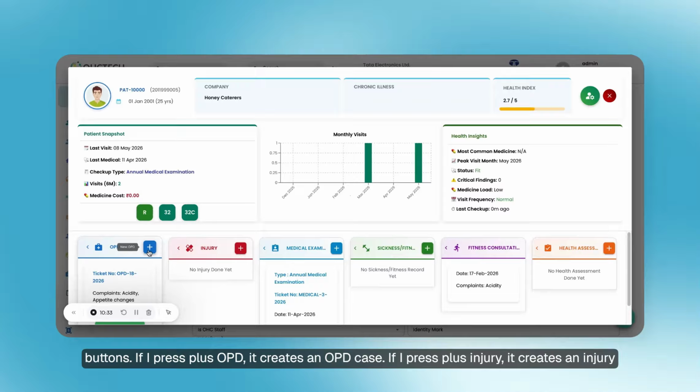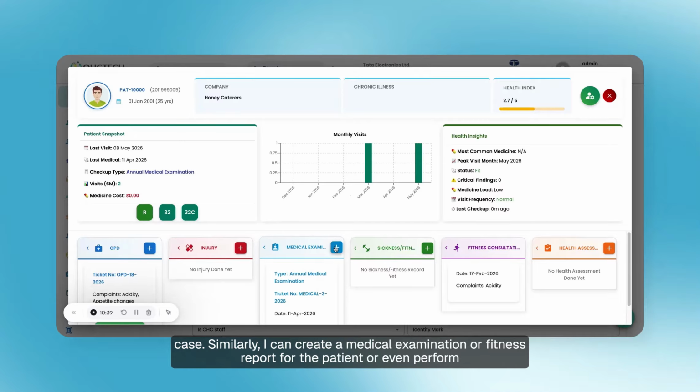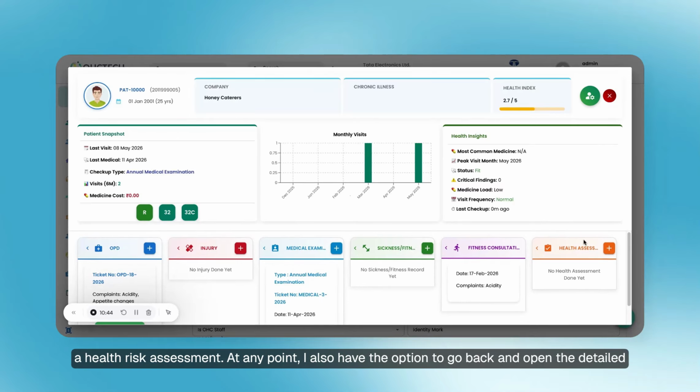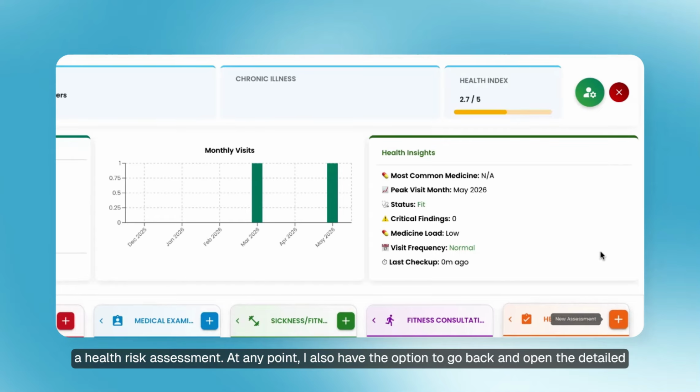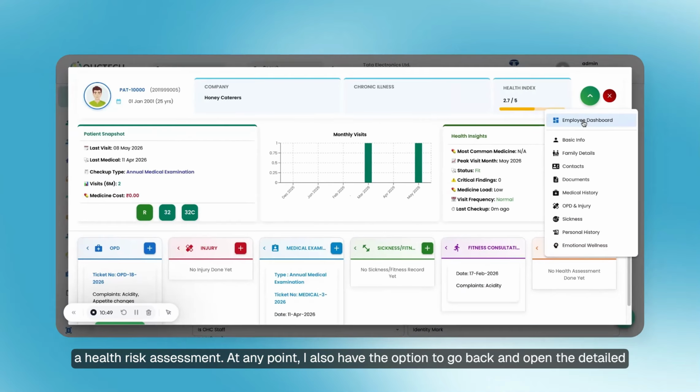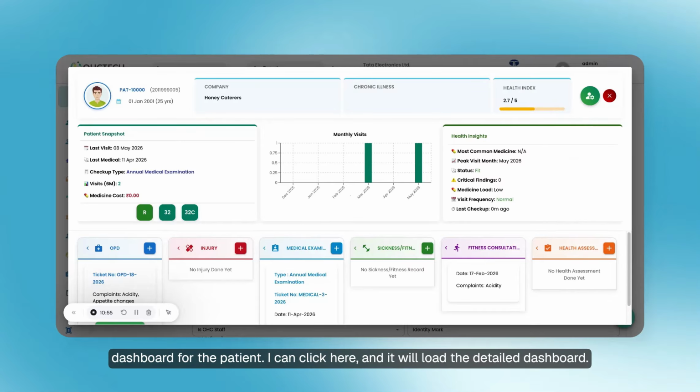If I press plus OPD, it creates an OPD case. If I press plus injury, it creates an injury case. Similarly, I can create a medical examination or fitness report for the patient, or even perform a health risk assessment. At any point, I also have the option to go back and open the detailed dashboard for the patient. I can click here, and it will load the detailed dashboard,